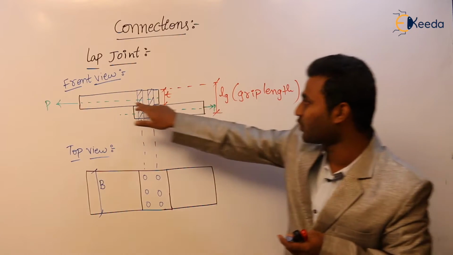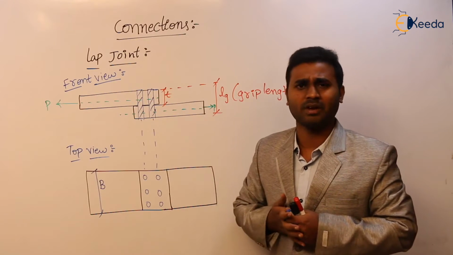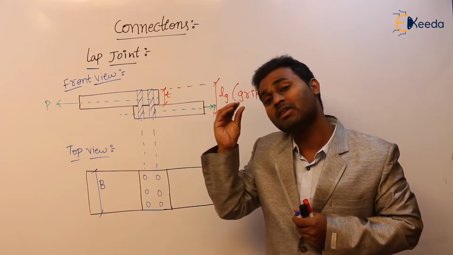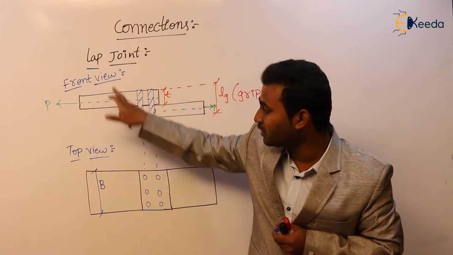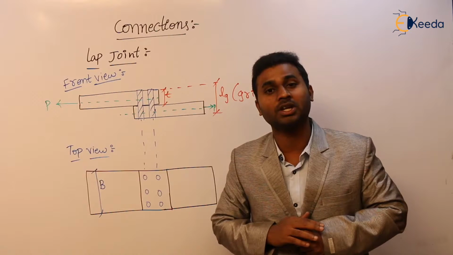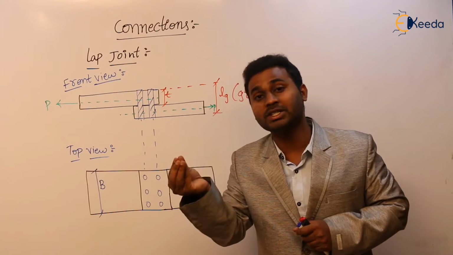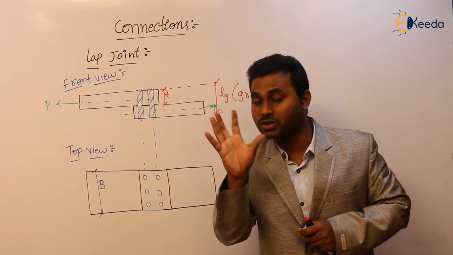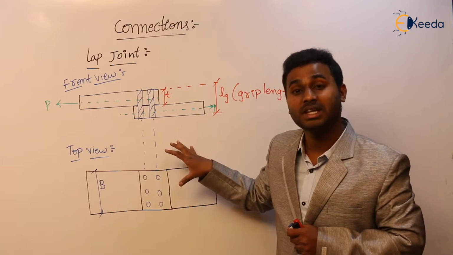So just now the front view. If I simply write front view and top view, of course, many of you will understand. But some will get confused. They will not try to visualize what is front view and what is top view. That is the reason I'm going to explain using books. Agree or not? So that you will understand much more clearly. Once you know how to imagine, and once you get that familiarity, then as I said, you will find this subject very easy.